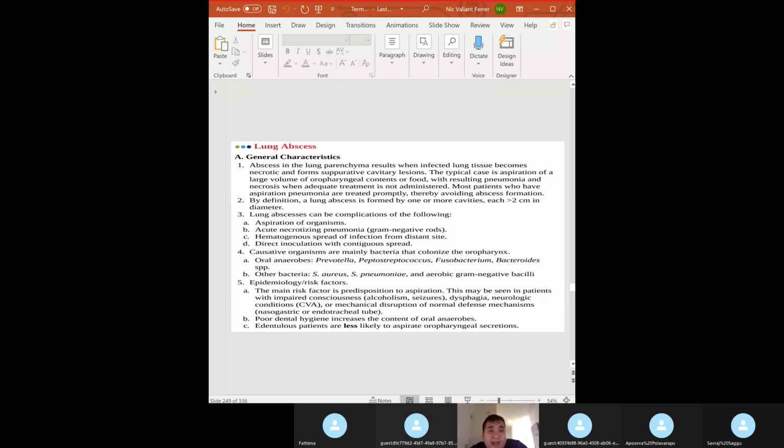In terms of lung abscess, there are different organisms that can cause lung abscess, either through aspiration or acute necrotizing pneumonia, your gram-negative rods, or hematogenous spread. Most common are your oral anaerobes: Prevotella, Streptococcus, Fusobacterium, and Bacteroides. High yield, the most common cause, the main risk factor, is aspiration pneumonia, commonly seen in,